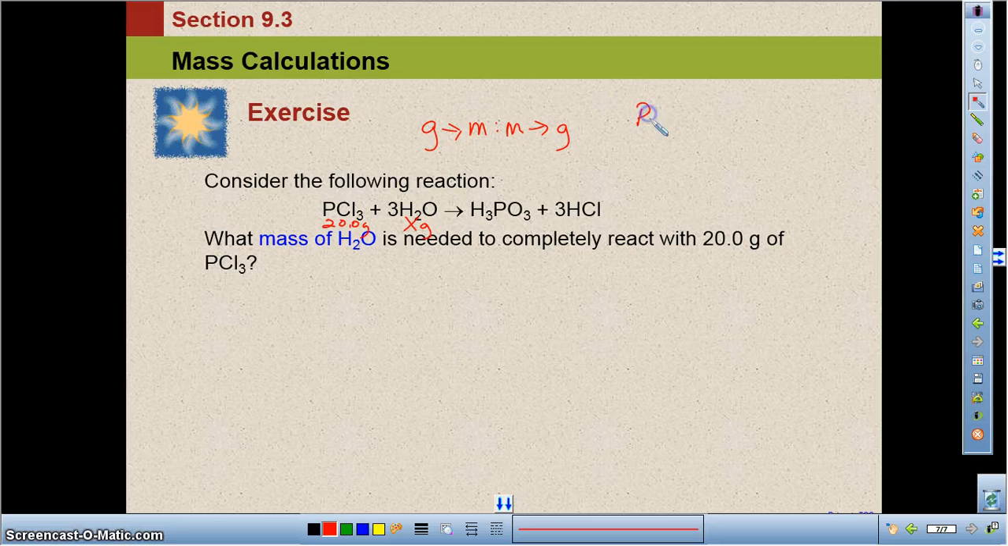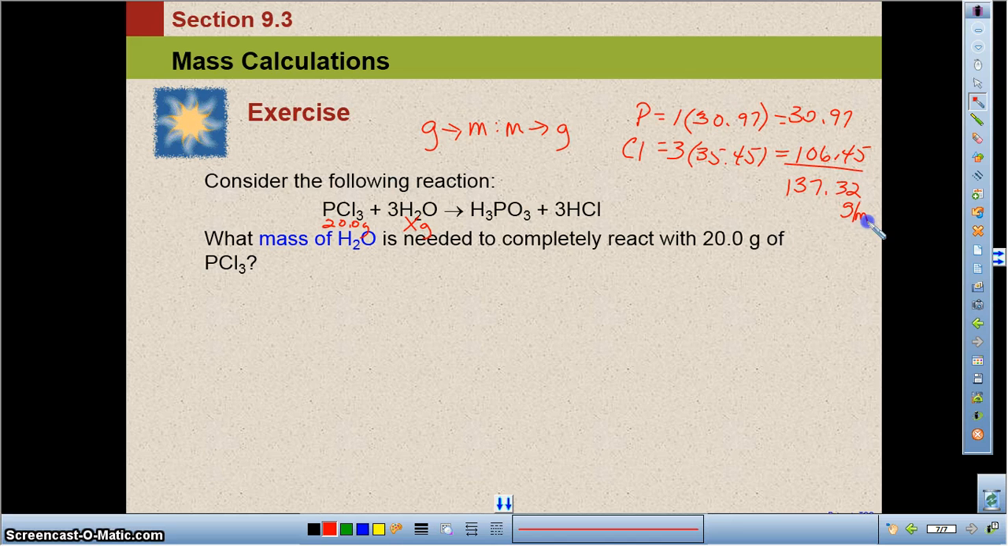First thing that we have to do is to get the molar mass of PCl3. We know that phosphorus weighs 30.97 grams per mole. Chlorine is 35.45 when we round it. So it's going to be 30.97. 3 times 35.45 is going to be 106.45. We're going to add 30.97 to it, and our molar mass is 137.32